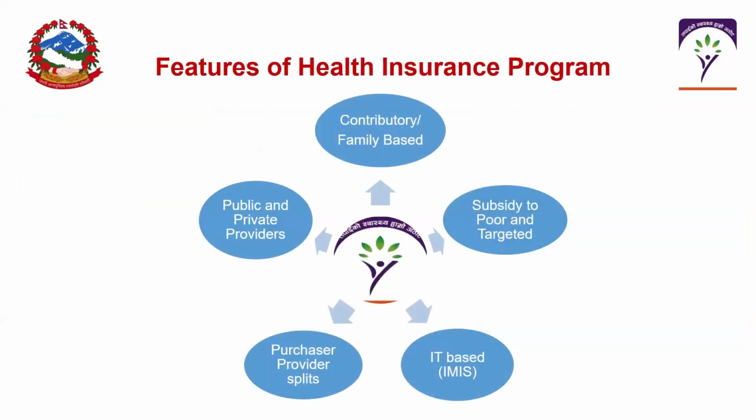A feature of the Health Insurance program is that it is a family-based contributory program. Different target groups are categorized by the Government of Nepal. That is SIB, MDR-TB, leprosy, elders above 70 years, senior citizens, people with profound disability, and ultra-poor families, who are subsidized by the Government of Nepal. OpenIMS is being used to manage all core processes of the Health Insurance Board.